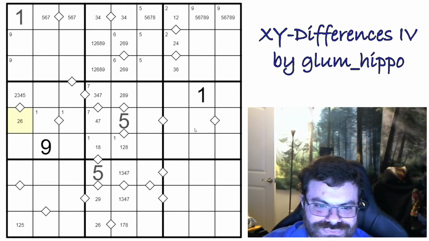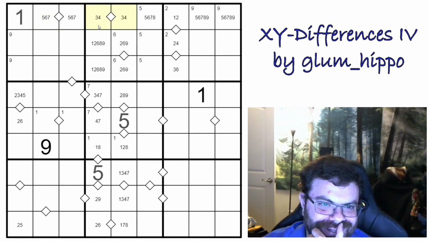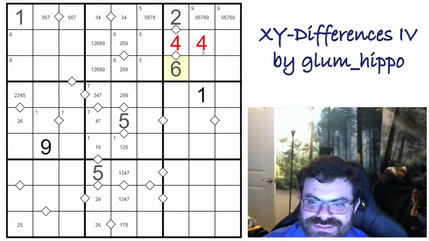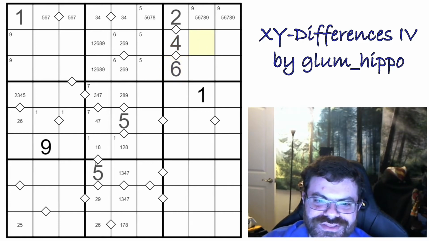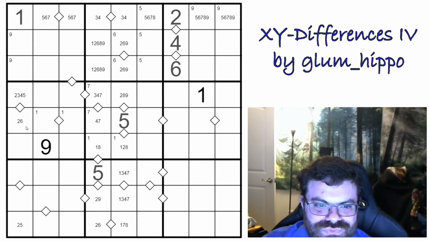All right. I'm sorry. These have a difference of 1. That forces this to be 1. That forces this to be 2, 4, 6. I don't think all this work was in vain, but it certainly was premature. Okay. Well,